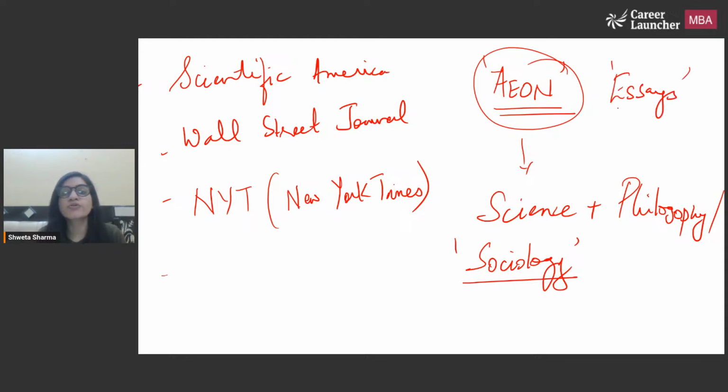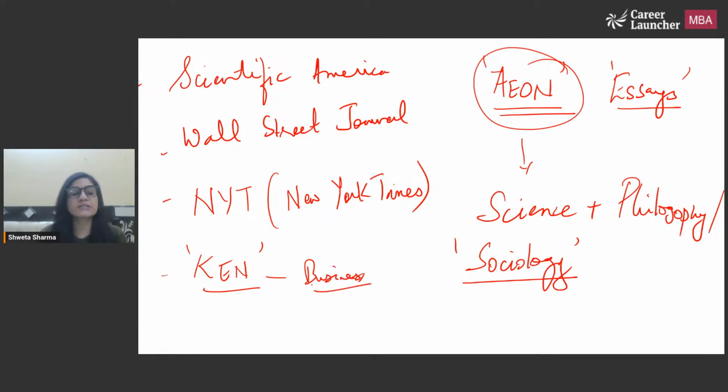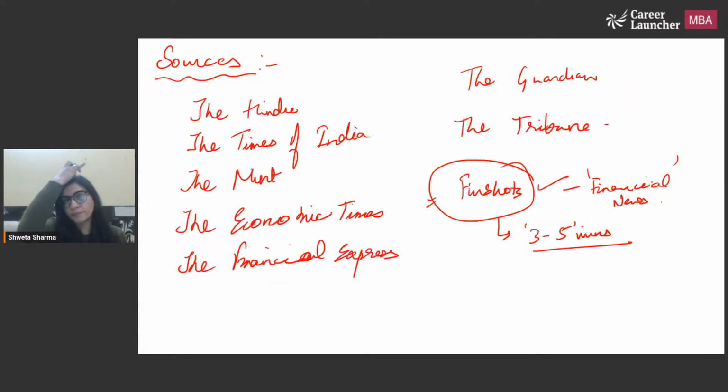A lot of Aeon essays you can find, and it's a free source. You're not charged for it. You don't have to take any subscription. So Aeon is a good source. You can also go for Ken, but it's a subscribed one, guys. It's all about business. They're very good writers, like Nutgraph, if you'd like to read. Very good source to read from. It updates you about everything happening around the world, Indian startups,